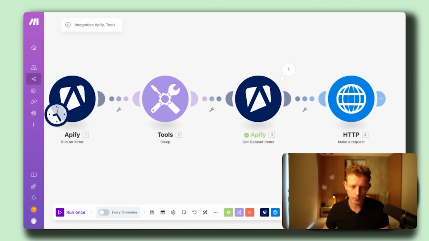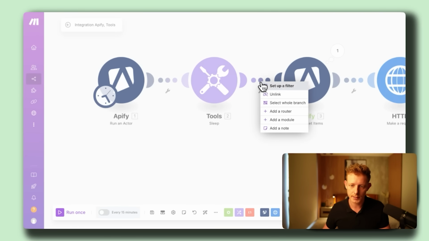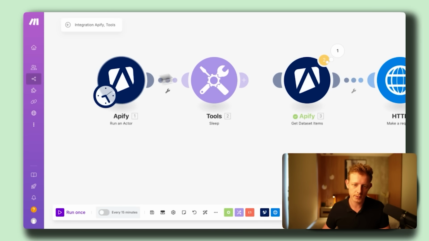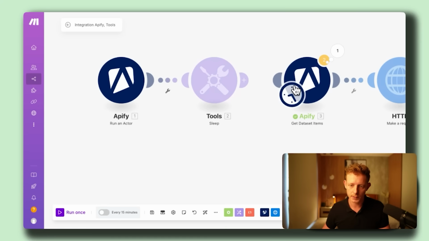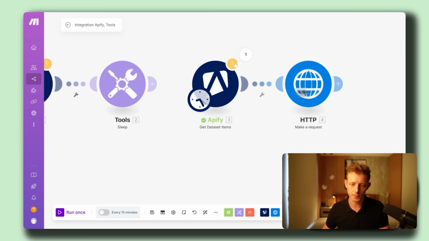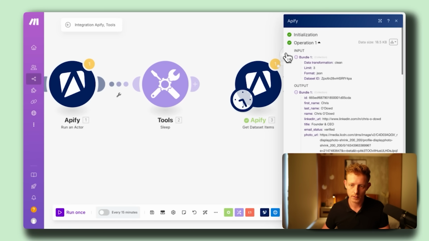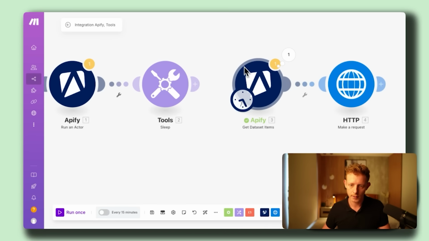Now what we can do in order to test this one, just for testing purposes, is unlink this so we don't have to run the whole process again and let the scraper scrape 500 leads again. We can just, for testing purposes, put this trigger module on this one. So we run it from this one. Now again, it's going to ask for that dataset ID, right? Which again, we're going to just put in manually. So if we now click here on run once,